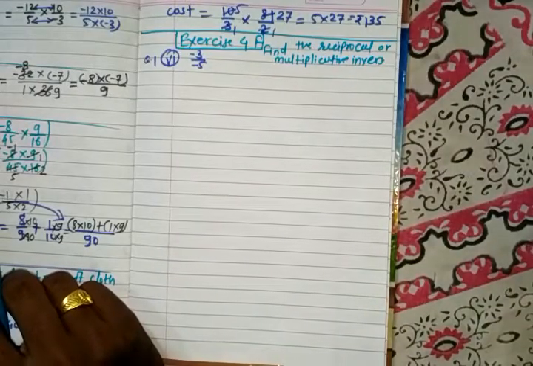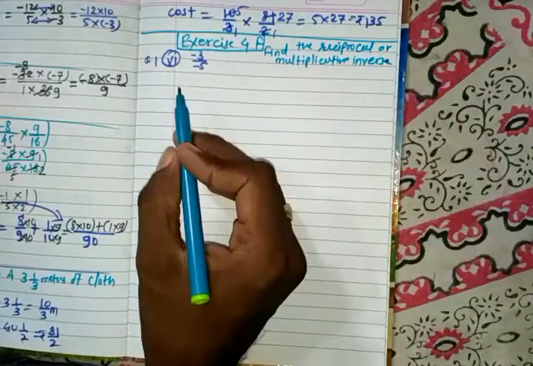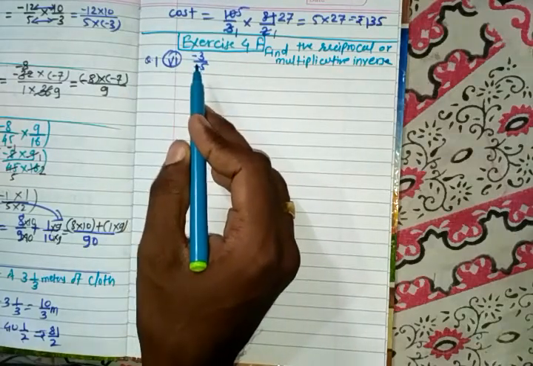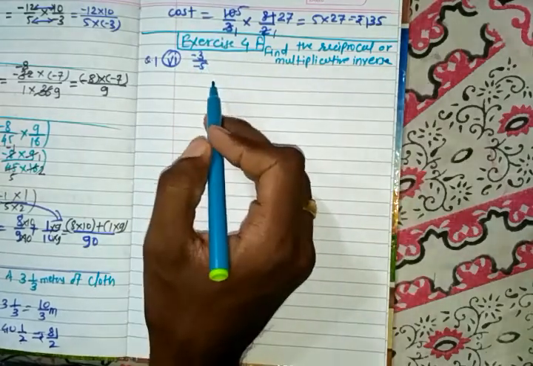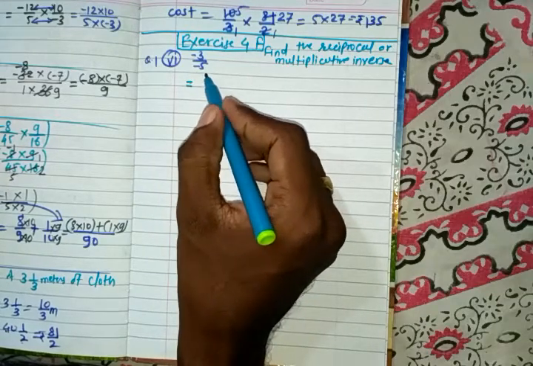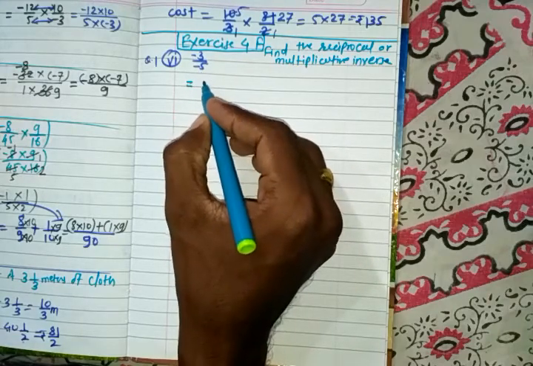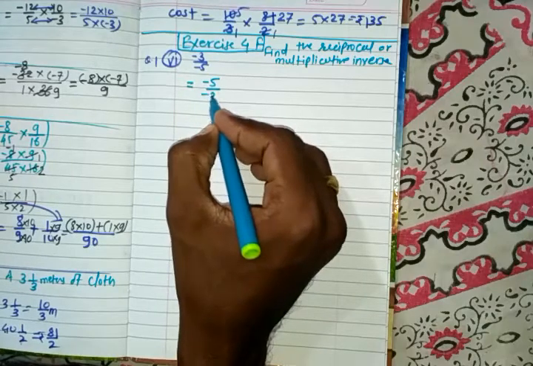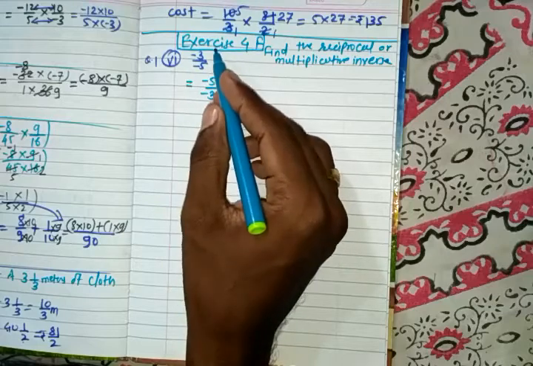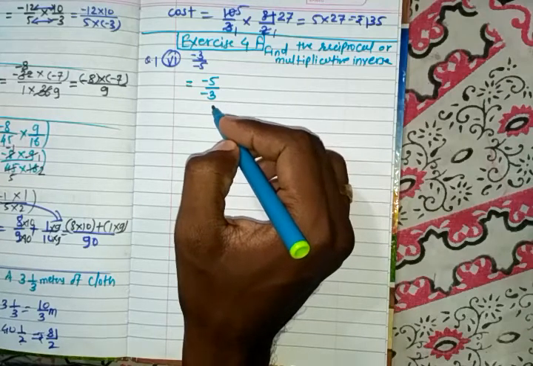Now our next topic is reciprocal or multiplicative inverse. We will try to understand it by taking the 4th step exercise, question number 1, part 6. We have to find the reciprocal or multiplicative inverse of minus 3 by 5. Here we can find the multiplicative inverse or reciprocal by inverting the given rational number. So it would be 5 by minus 3. Don't change the sign, only shift the denominator to the numerator and the numerator to the denominator. In this way you can solve the remaining questions also.